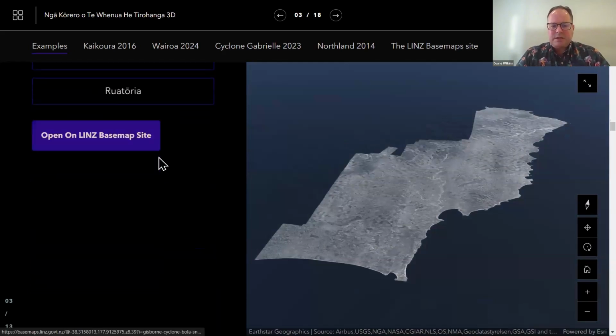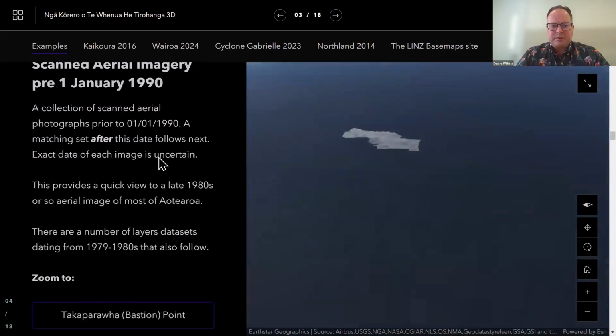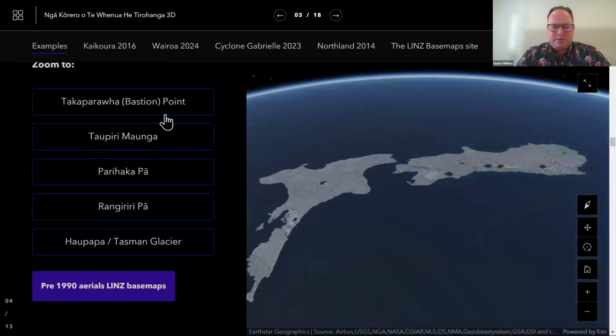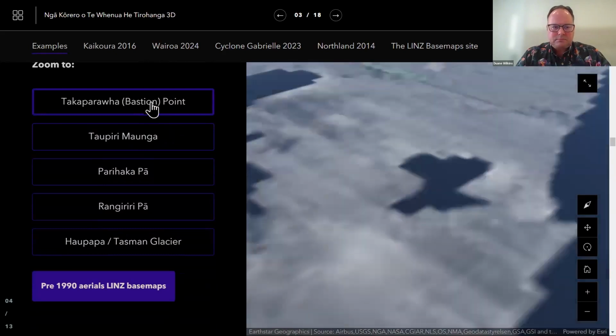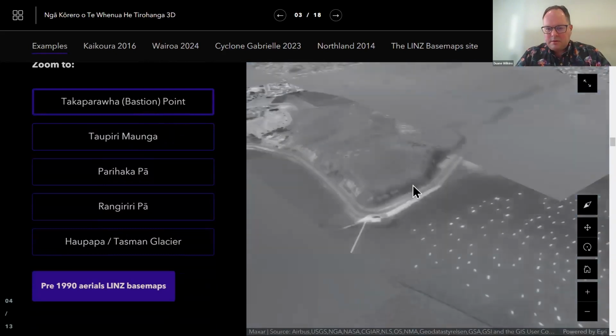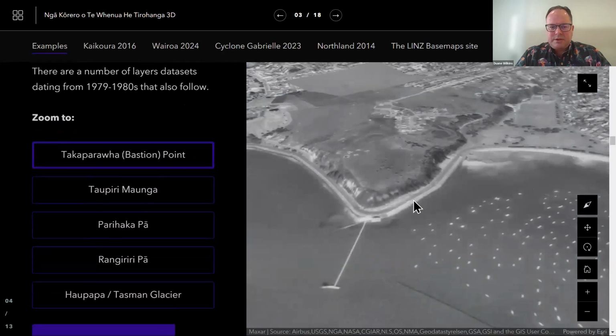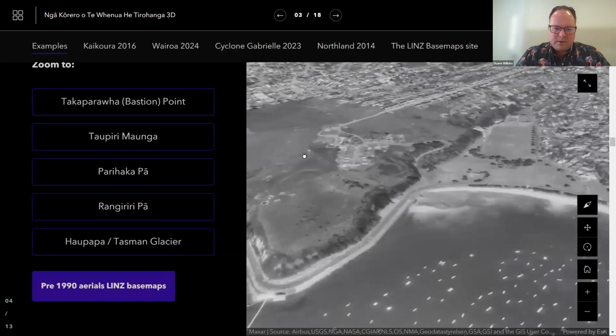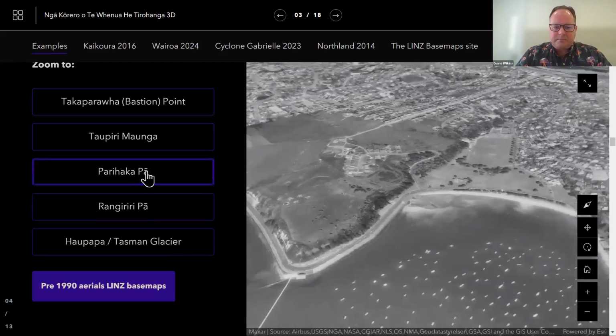But it's also captured in here, and you can see there's links to the Basemaps site. So, for example, if we have a look at a couple here. So this gives you a snapshot in time that you can go back and see what the whenua was like. In this case, it's part of the pre-1990s data set.